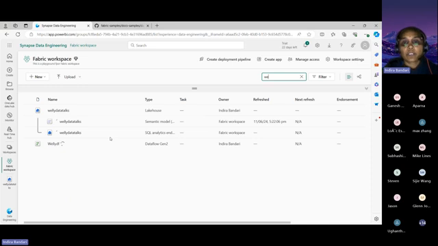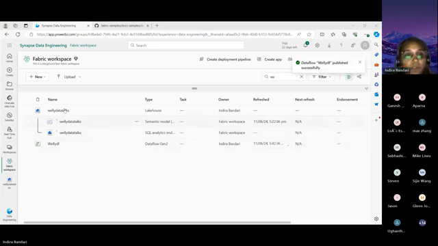Okay, so now what is happening is our lake house is here. In the lake house, we have the semantic model and the SQL analytics endpoint, which, when we went to the lake house, we saw the tables and files, right? So that is the lake house, and this is the data flow that we have created. It is still running, so it is getting refreshed. Once that refresh is completed, then what we will see is, in the lake house,